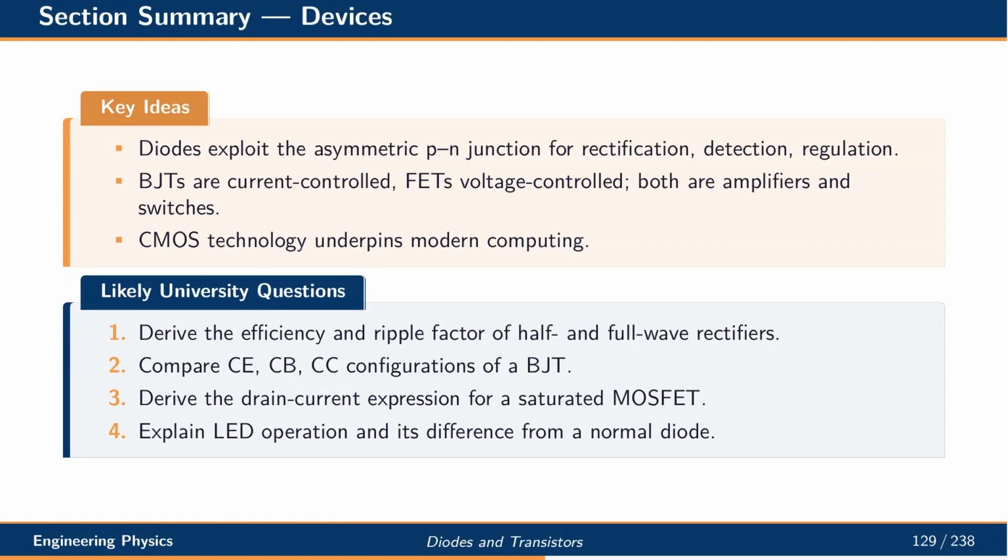Let us summarize this section. Diodes exploit the asymmetric p-n junction for rectification, detection, and regulation. Bipolar transistors are current-controlled, while field effect transistors are voltage-controlled. Both serve as amplifiers and switches. CMOS technology underpins all modern computing. Typical exam questions include deriving efficiency and ripple factor of rectifiers, comparing BJT configurations, deriving drain current of a MOSFET, and